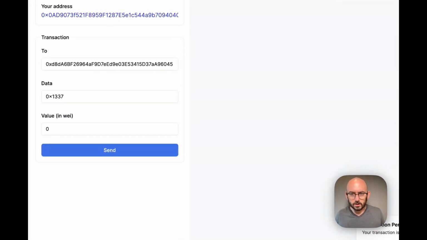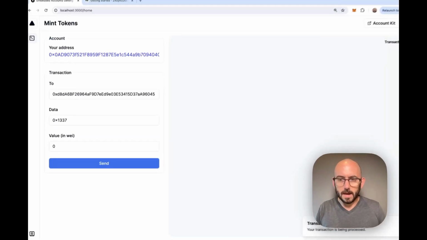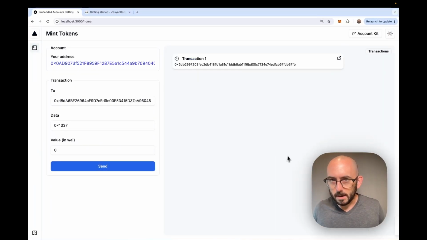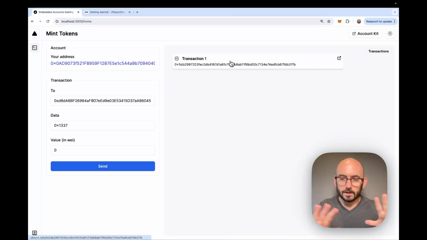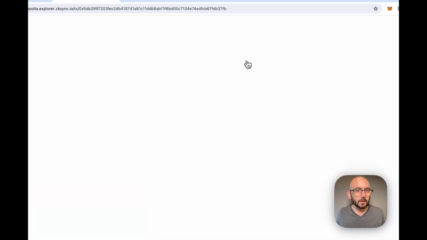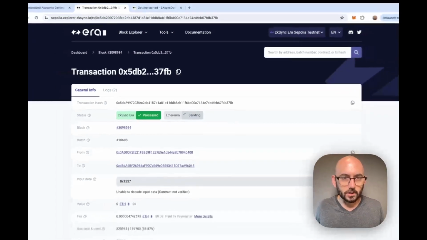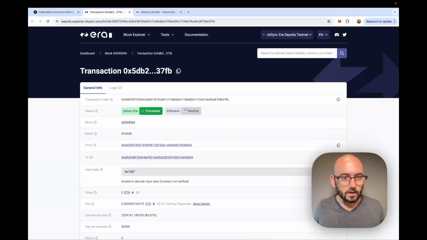So this transaction that I'm sending right now, it'll say pending down here in the bottom right. I might be blocking that a little bit. And then you can see this transaction actually pop up here, right? So the transaction context is making it so we can add a transaction and all the other components can hear about it. And then we can click out and actually see this transaction on ZKsync Sepolia